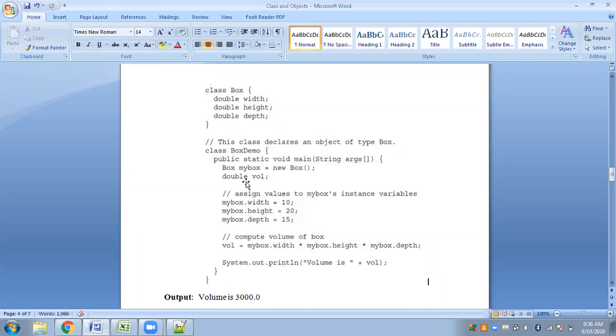Okay, since now I will be calling this because inside my box demo I have my main function, and this is the starting point. When this program is executed, from here your program will start executing. So you need to access these members inside this class. To be able to do that, you have to declare an object of this class inside here so that you can access the members using that object.